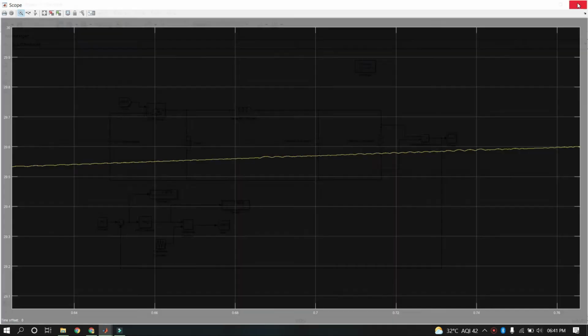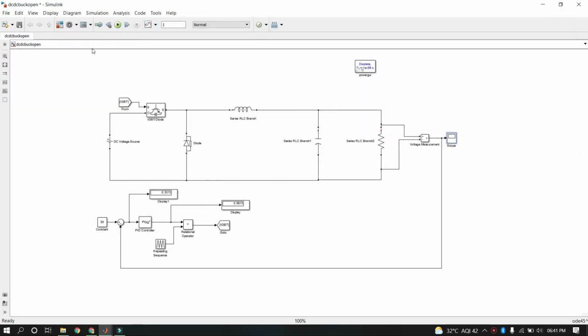So that is what the closed loop simulation is, and I hope that from this video, from this simulation part, you are getting the things properly. Still, if you are having any kind of doubts in the simulation, if you are not understanding why these blocks are there, what is the purpose of these blocks, definitely you can give your doubts in the comment section. I will definitely reply and solve your doubts. So that is what the video is all about.